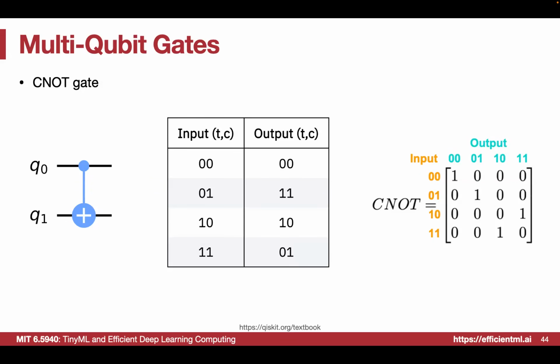If we see the truth table for that, if the control and the target are 0, 0, the final output will still be 0, 0. But if we have 1 on the control qubit and the target qubit is 0, then that would be a flip on the information of the target qubit. If we represent this CNOT gate in matrix representation, we can obtain the right-hand side information. We can see that the CNOT is like 1, 1, and then we have an off-diagonal 1 and 1, right?